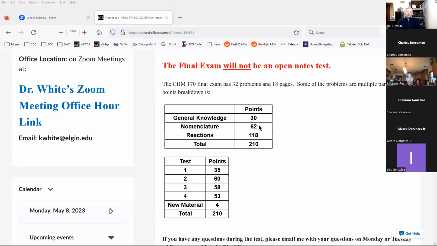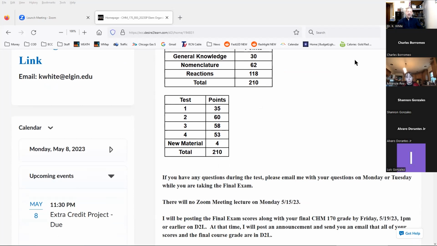Reactions, most of those will be: give the reaction, give the organic product or products for the following. A few will be: give the starting materials. Now, I've also broken it down on points based on the material of each of the 4 tests. Test 1 is 35 points. Why so little? Well, I'm not going to ask you at this point how many carbons are in the longest chain. You know how to do that for the rest of the nomenclature. So some of the questions from test 1 I don't put on the final, but you should know the chemistry and some of the general knowledge.